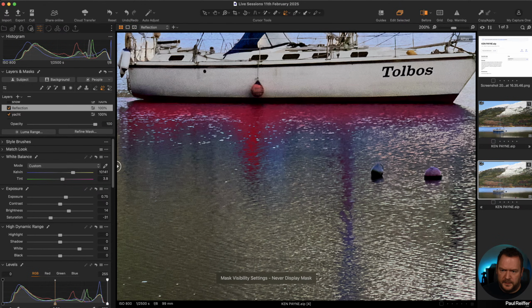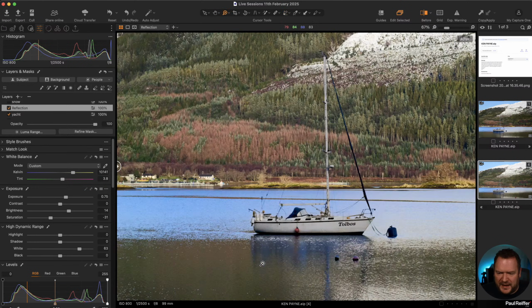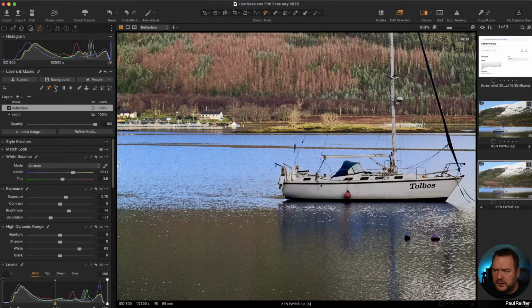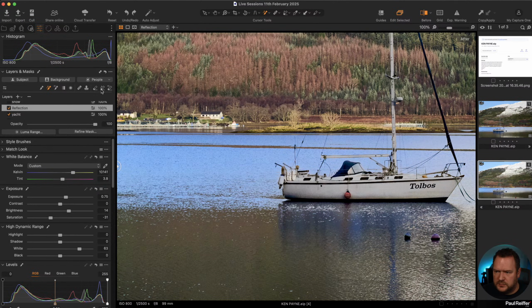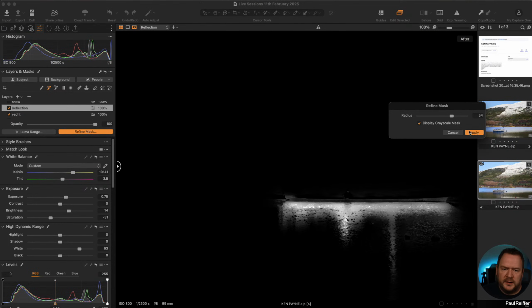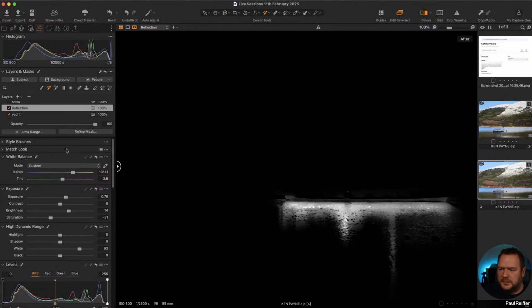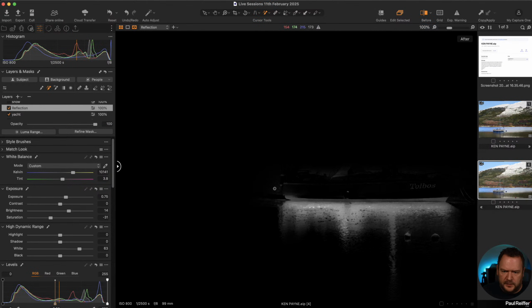Hit apply. And now we've got a more realistic, it's not perfectly realistic, we would have to add into here as well. So, you know, this isn't a quick job in that sense. We might even need to feather that mask. Let me just go into here and refine again. So we're going to refine it out, apply. Let's do that again. Apply. I'm going to erase, using the standard eraser, the bits that I don't want.